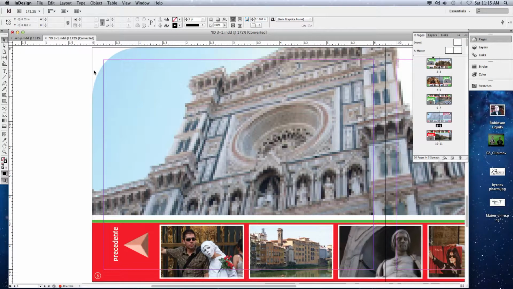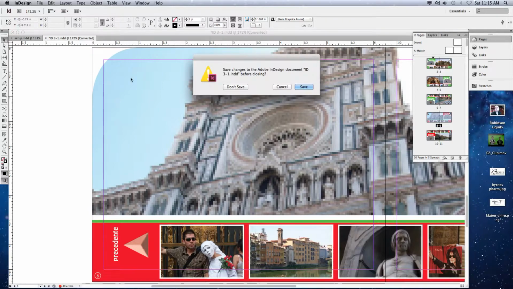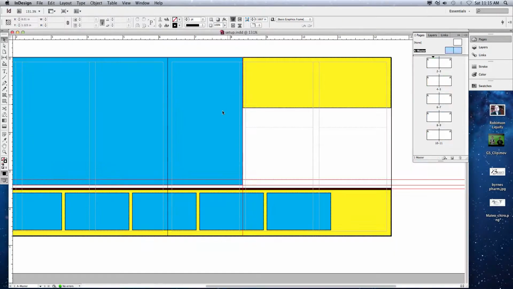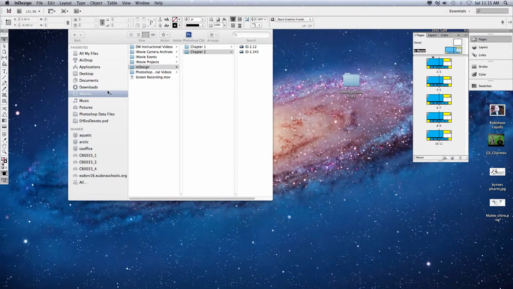So in order to start that, let's go ahead and close that document. Don't save it. In order to start that, we've got to make our own new document. So what we're going to do